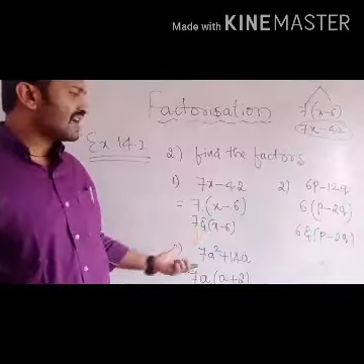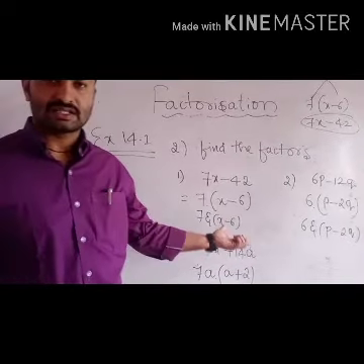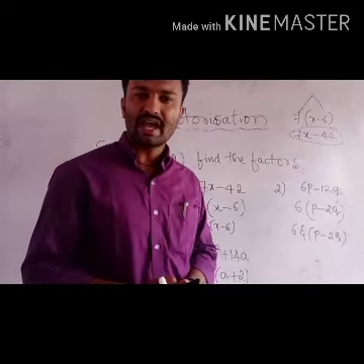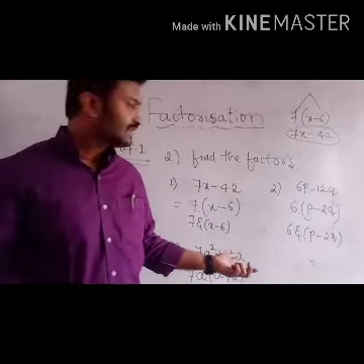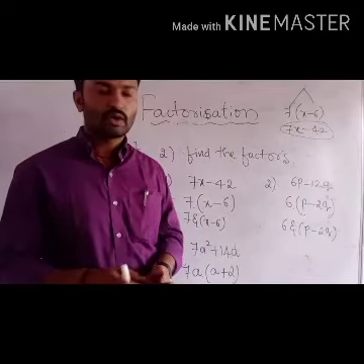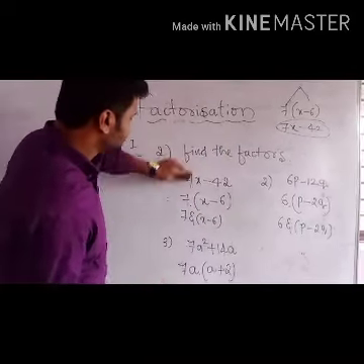This is the way how to find out the factors. Just have to split by taking common in binomial. And second main, remaining you try to solve. Okay, I'll write some problems here.